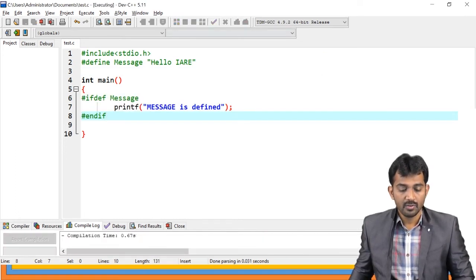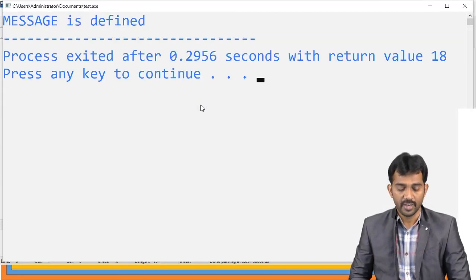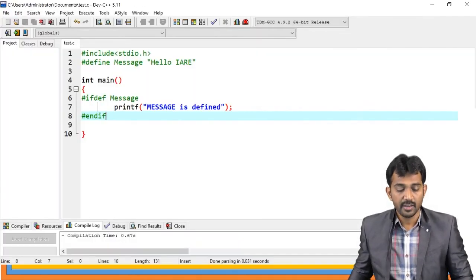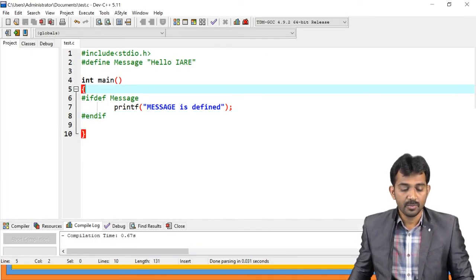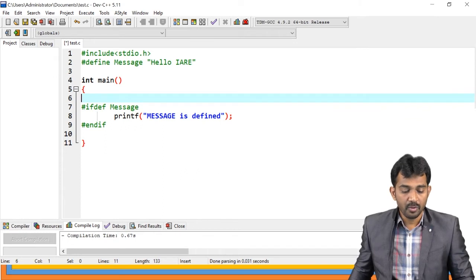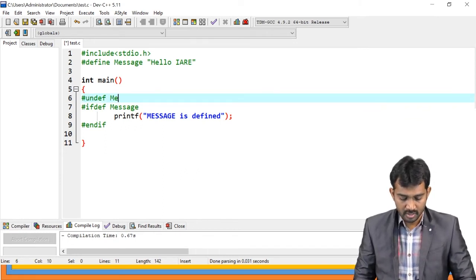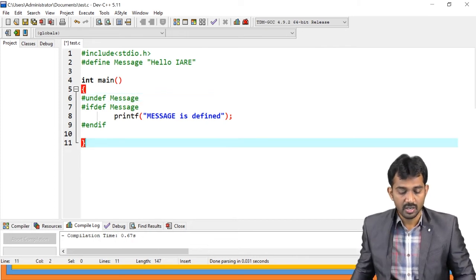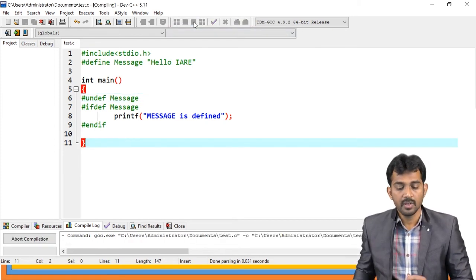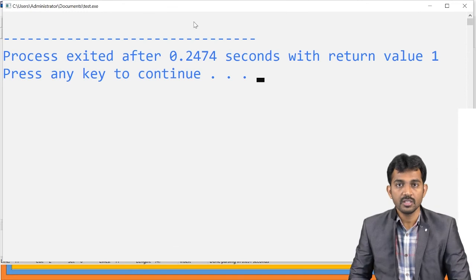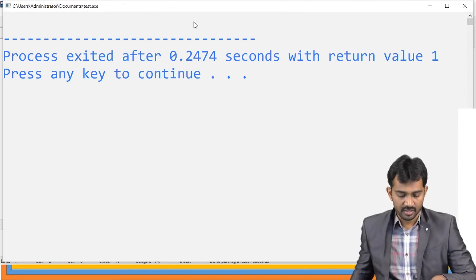See, if you run this code, yes, message is defined, right? For example, if I use #undef message and run this code, you didn't get any output because the message is undefined here, right?